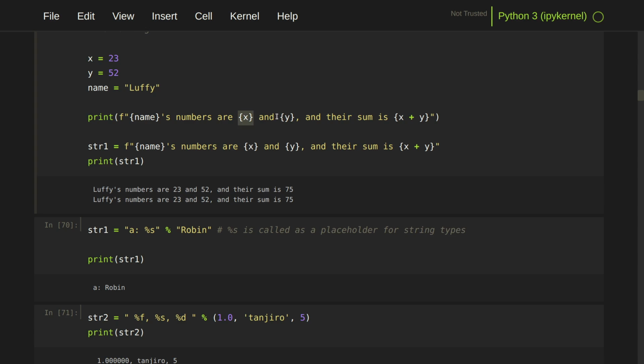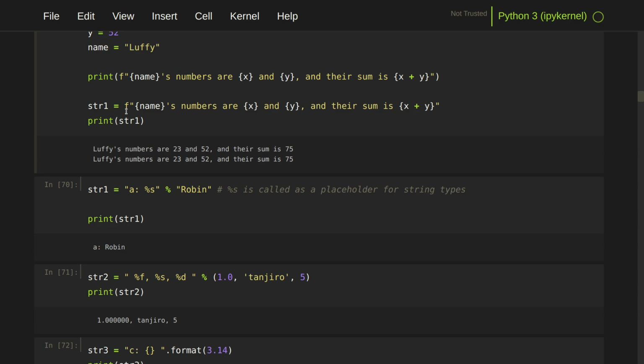Inside the braces you need to input these variable names, and when you print them, that will automatically generate the name and the numbers inside the string. You may do like this or like this. So there is this F, the format, and you need to write the F and then put the string inside the double quotes,